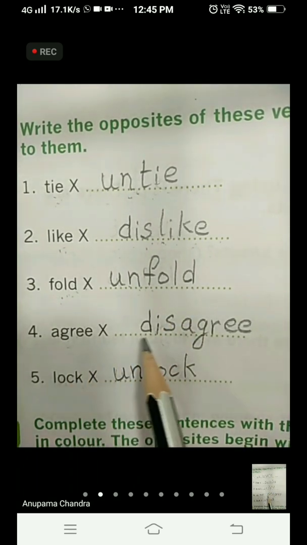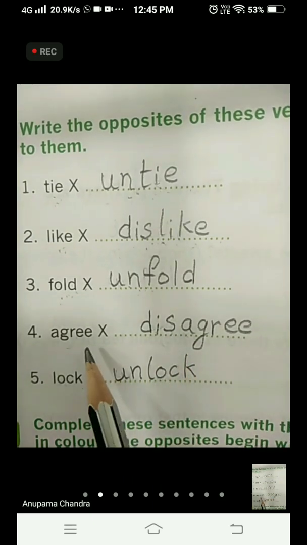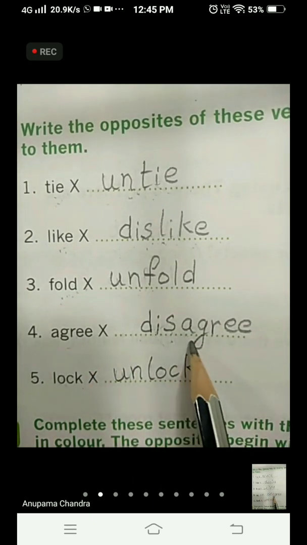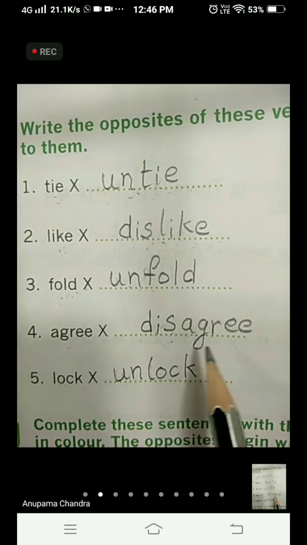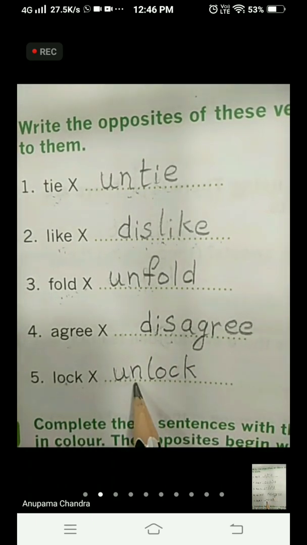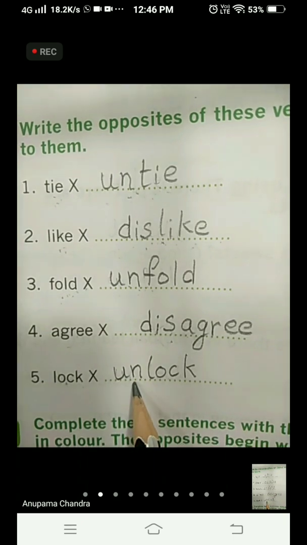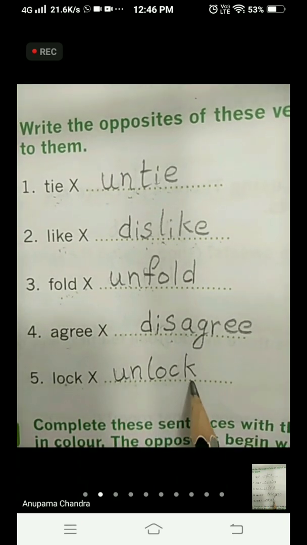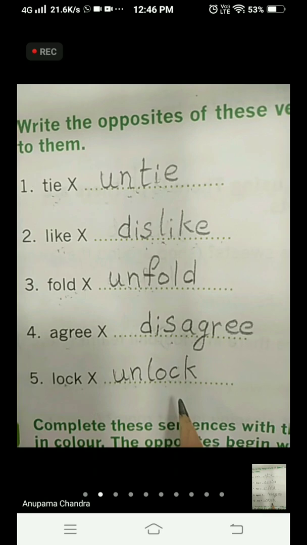Agree, disagree, D-I-S, dis, A-G-R-E-E, disagree. Lock, unlock, U-N, lock, unlock.